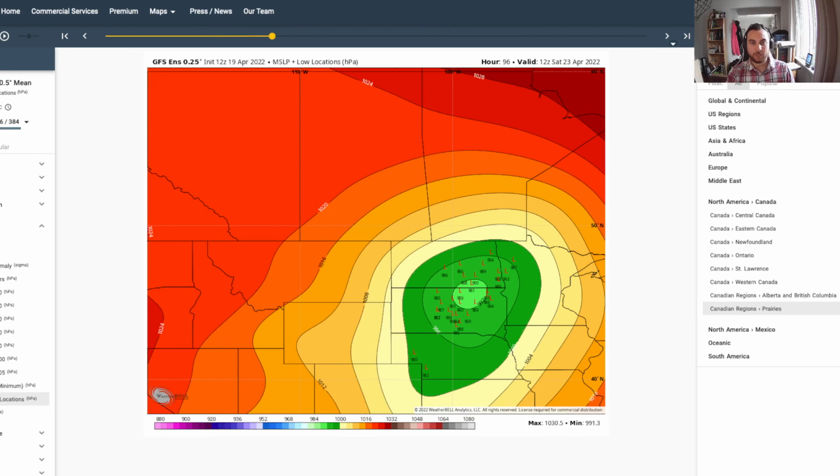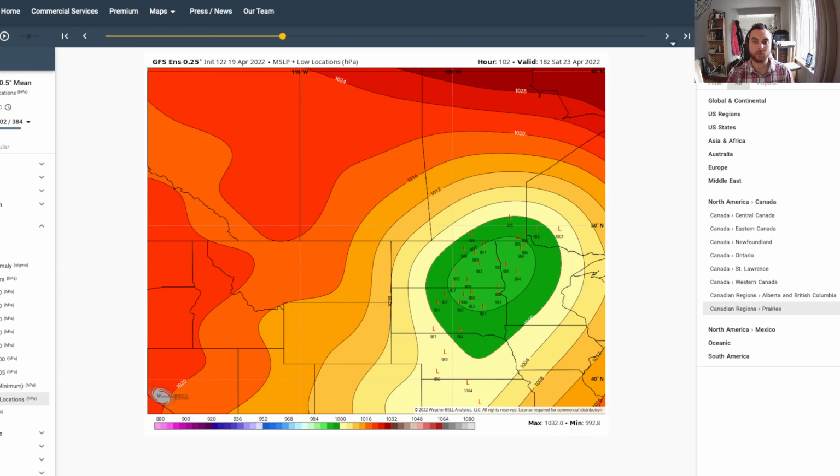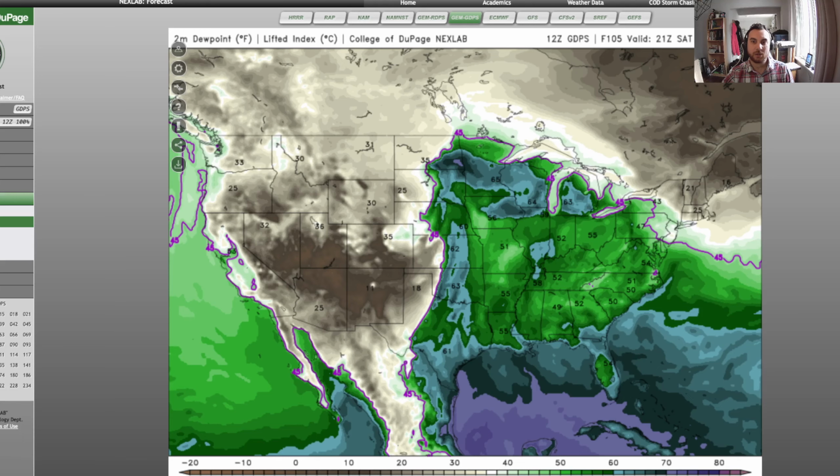What we know about low pressures, especially this time of year, is that the cold sector would be northwest of the low. So in this particular situation, we would expect it somewhere across the Manitoba-Saskatchewan border. So now if we pull,